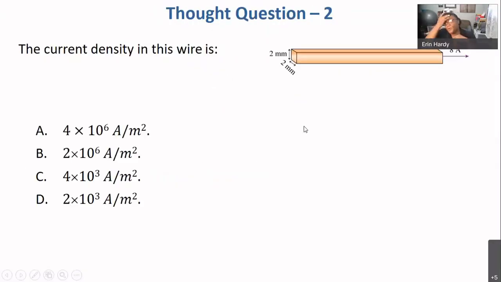So for question 2, we have this squared-off wire segment just so that it's easier for us to evaluate the cross-sectional area. Instead of having to calculate pi times some radius, we can assume that this cross-sectional area is just going to be 4 millimeters squared. So I want to remind us of something